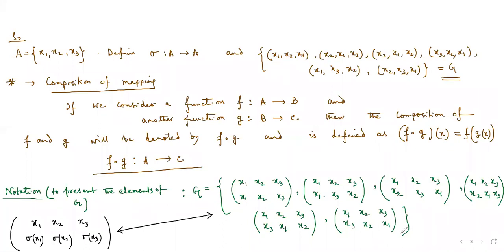Next, in the light of this, we are going to discuss a very special group. I'm going to name the group later on, but let us see what I'm talking about. In the previous pages, we talked about a general set capital A which contained three elements x1, x2, x3. If we take capital A to be the set denoted by I3, containing the first three natural numbers 1, 2, 3,